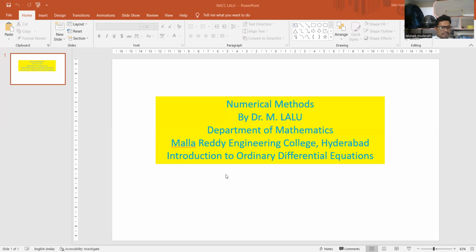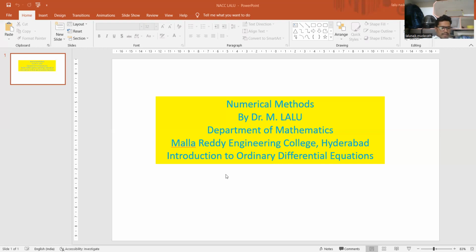Next, uniqueness theorem. Suppose that f and dou f by dou y are continuous functions in a region R. Hence, both the functions f and dou f by dou y are bounded in that region. That is, modulus of f of (x, y) is less than or equal to k, and modulus of dou f by dou y is less than or equal to L, for all (x, y) belonging to R. Then the initial value problem has at most one solution y is equal to y of x defined in the interval modulus of x minus x naught less than or equal to alpha, where alpha is equal to minimum of a